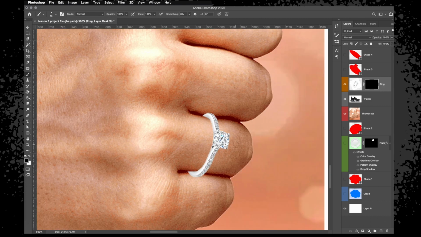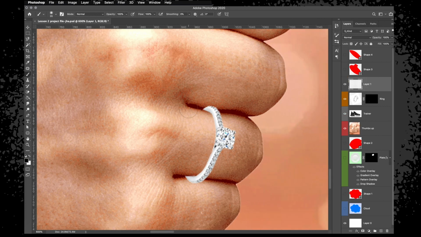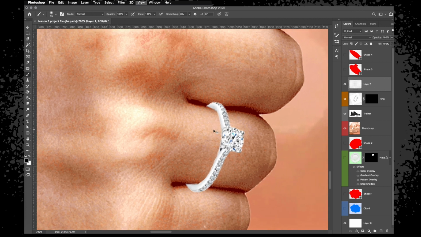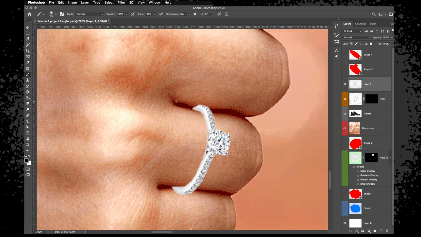So now, there's a few things you can do. If you make a new layer on top of this, what we'll do now, with the brush selected, is make some shadows. I'm going to click Option while on the brush and choose this colour, because this is the darkest point on the actual image. I'm going to paint a few times here,